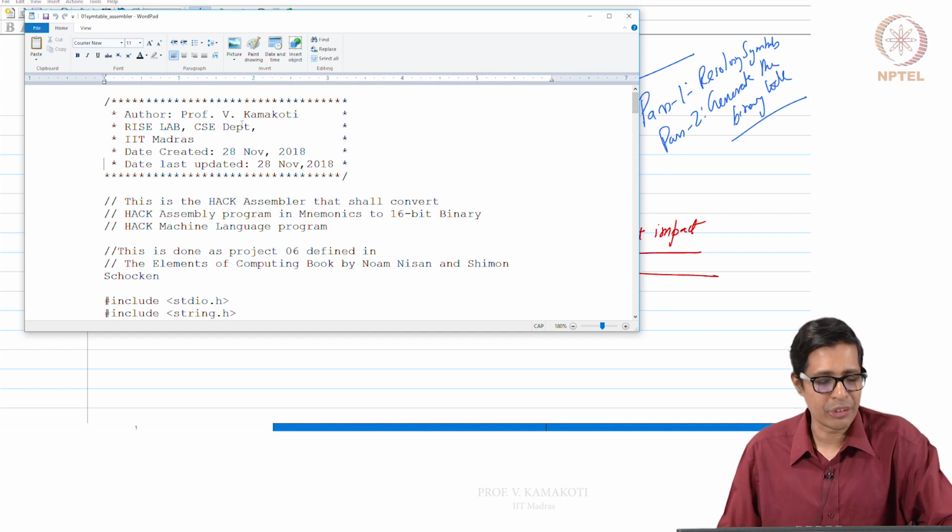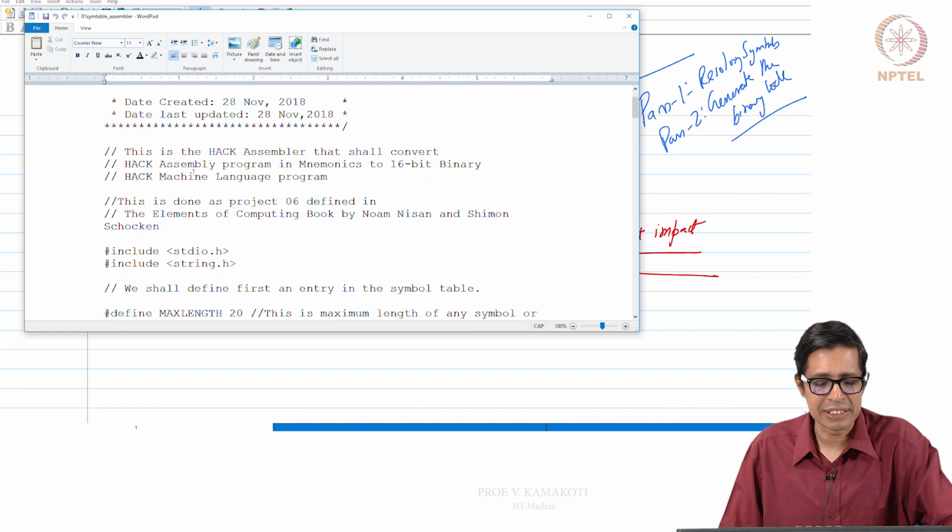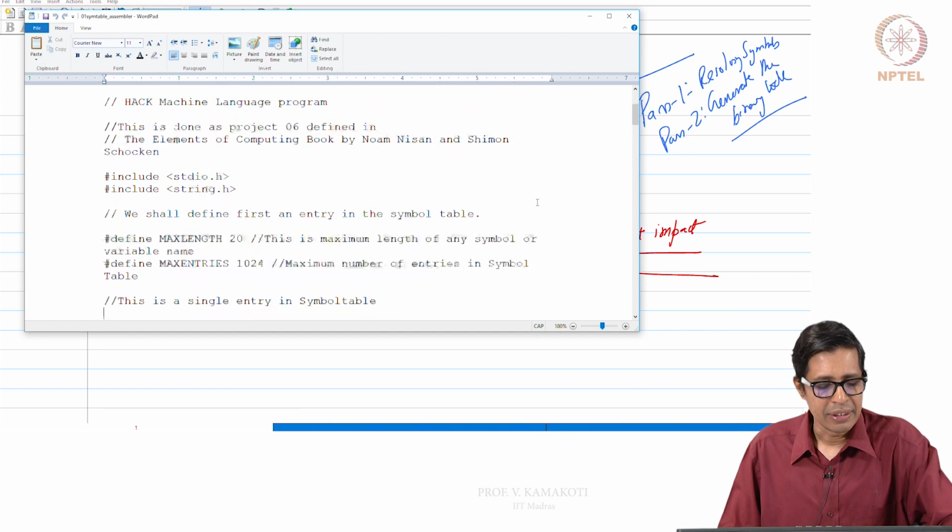So I said who is the author, where does the author belong to, when he created this file, when he updated it last. So essentially he says I've done this in a single day, right? And I have told what this is. This is the hack assembler that shall convert hack assembly program in mnemonics, etc. Right.